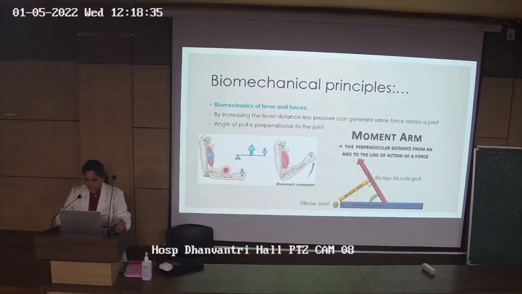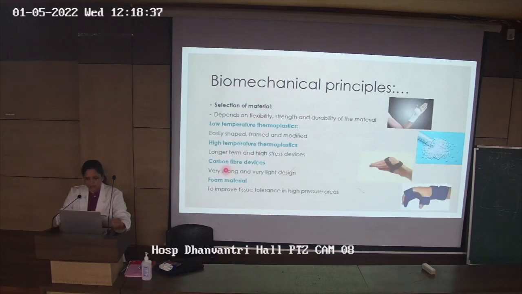Okay. Then the biomechanical principle of the materials which we are selecting for the preparation of the orthosis. It should be flexible, it should have strength, and it should be a durable material, so it will be available to the patient for a longer period of time and fewer changes have to be done. So there are basically 4 types of materials which are used. First one is the low temperature thermoplastic. As you can see in this picture, it is wide and soft and can be easily malleable